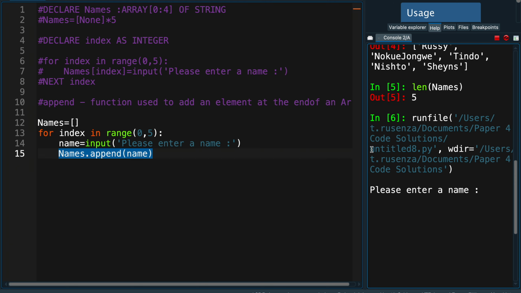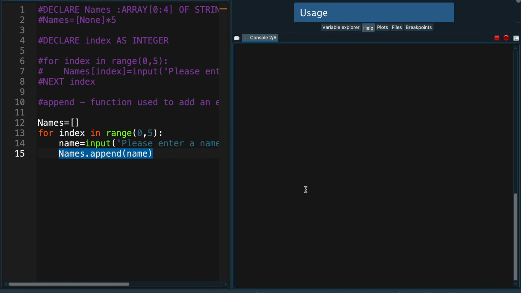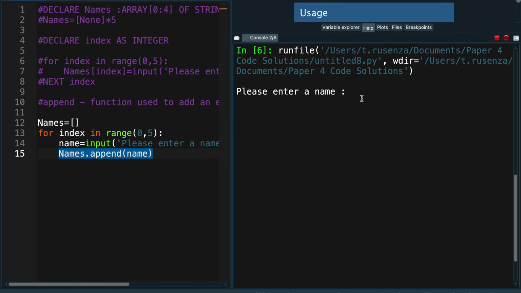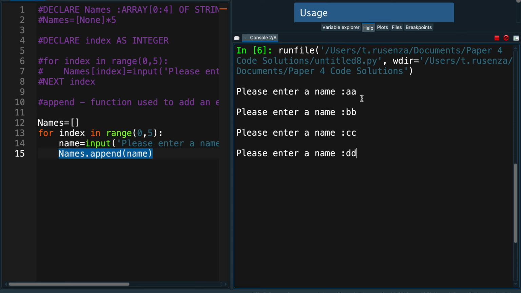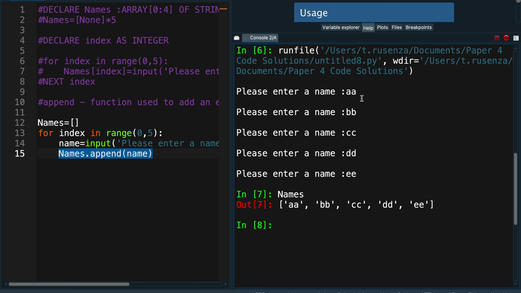So let's say that I'm running this code again. If I execute it like this, it's going to be asking me to enter a name. Then let me go ahead and actually put just characters for that. Let's say I have AA, BB, CC, DD, EE, like this. So I have my elements now in names like this: AA, BB, CC, DD, and EE altogether. Since the keyword append does not have a limit of the number of times that you can use it, I can now go ahead and say